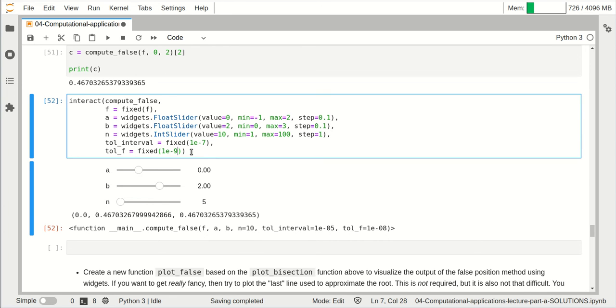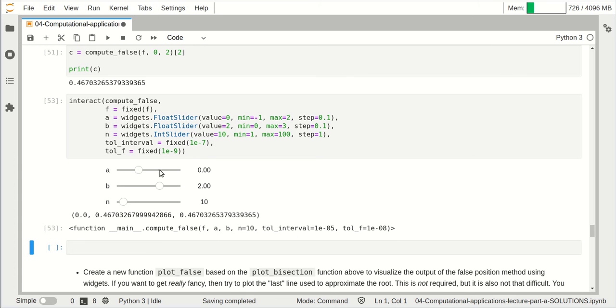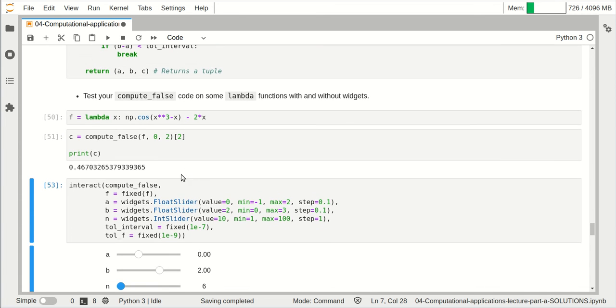And this tolerance maybe to -9. Let's change some tolerances around. So if we at 5, we're getting a really good approximation of the root. So we're not going to really improve after a certain time unless we make these tolerances very small. But anyways,